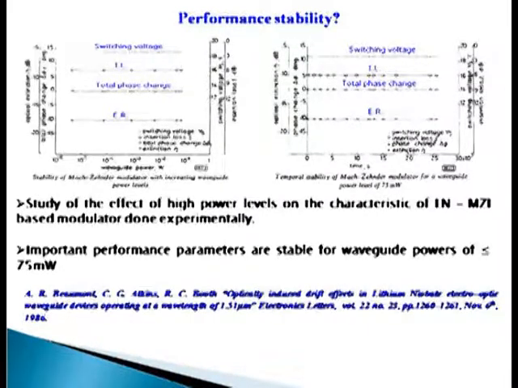And what they found, even if this switch works from 1 watt to 10 to the power minus 6 watt, for this range of power, its performance parameters like extinction ratio, total phase change, insertion losses and switching voltage remain constant. Similarly, if we operate this MZI modulator over a period of time, these parameters remain constant, means